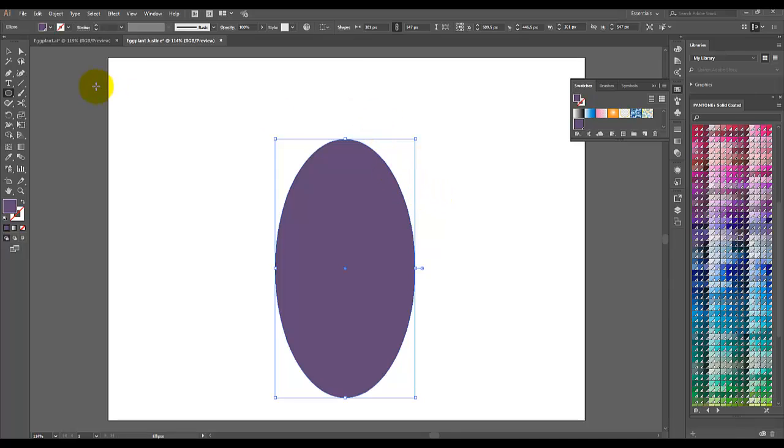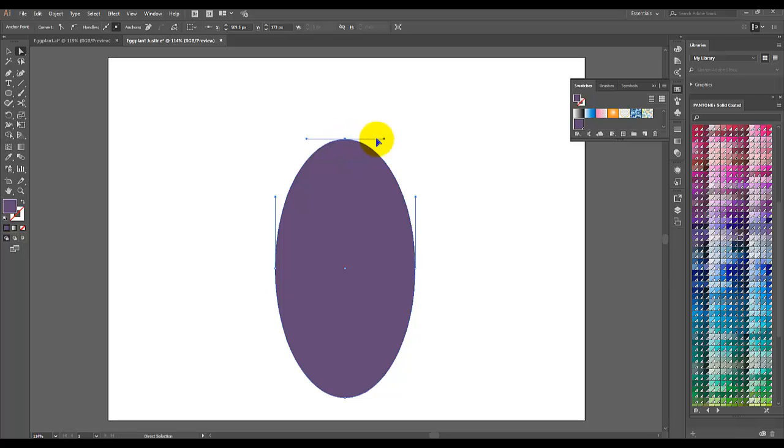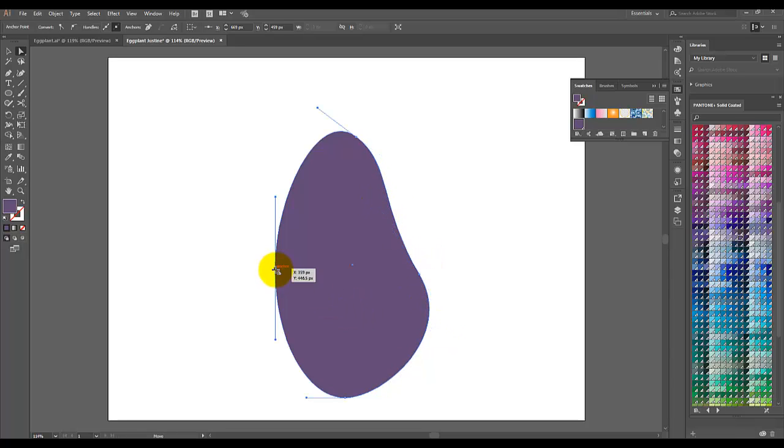I just need to manipulate the curves a little bit with the direct selection tool in order to make it look right. So starting here with this top anchor point, I'll click to select it, and that reveals the handles. So I'm just going to maybe drag this over and tilt it to start getting the shape on the top going. I'm going to grab this one, maybe move it in a little bit. Already starting to look really